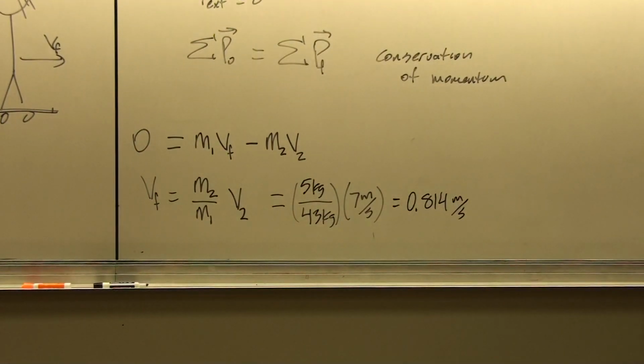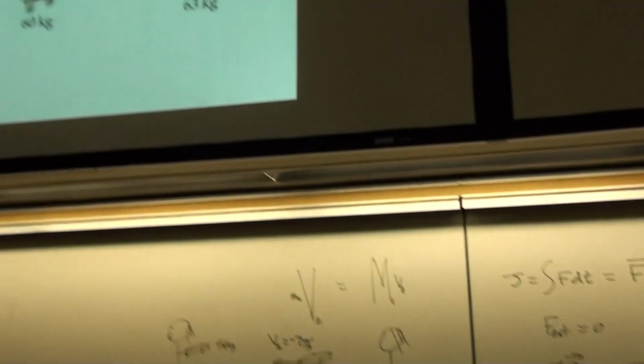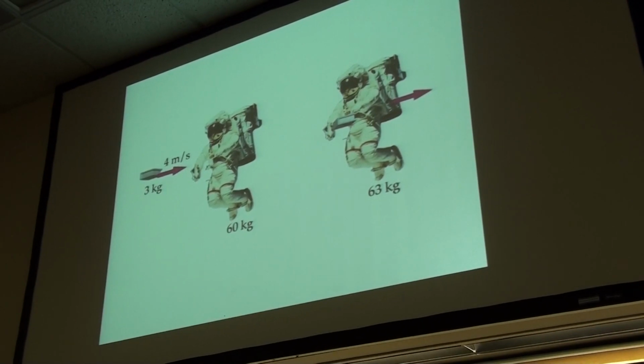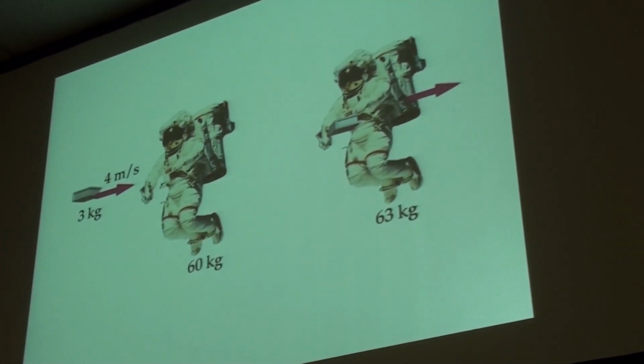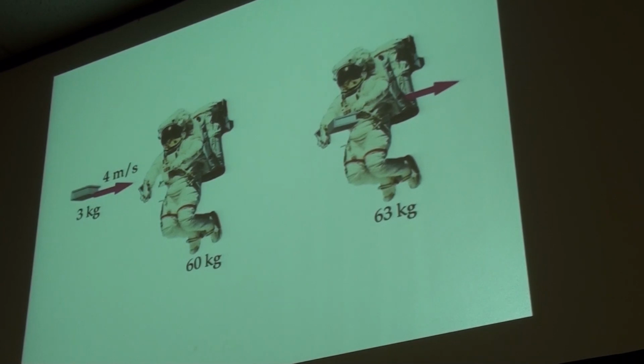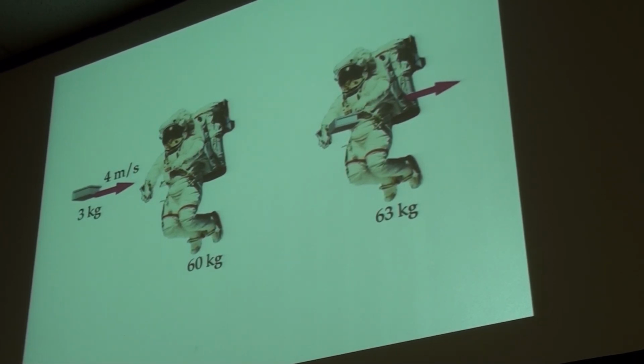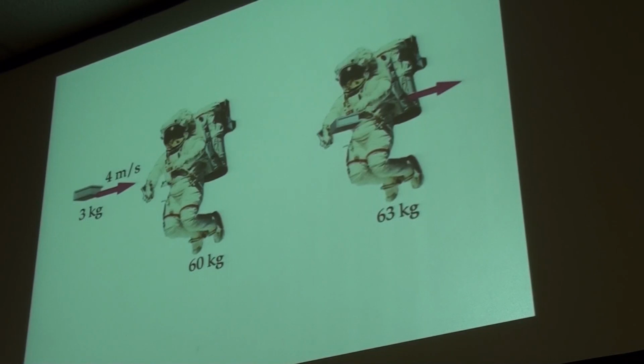Let's look at another example of conservation of momentum. Here we have an astronaut. Now you'd think that he would already know physics, but apparently he forgot something that he needs while he's on his spacewalk, so they throw him the physics book. Okay, and so the physics book, let's say, is moving toward him at 4 meters per second. It's a 3 kilogram book, and then he catches it. So let's find his final velocity after he catches the book.